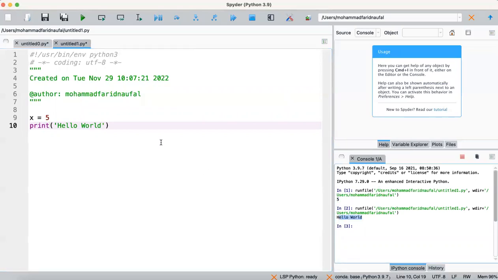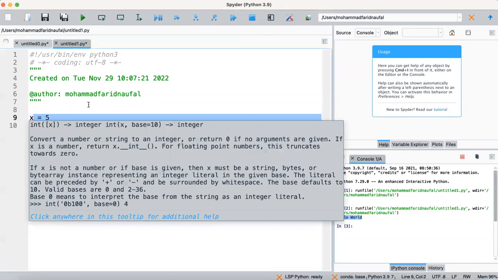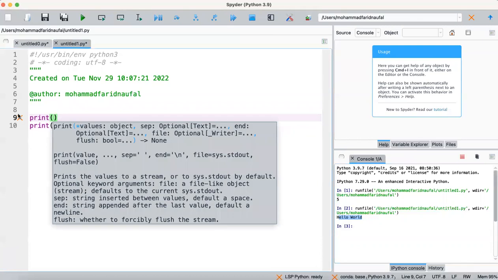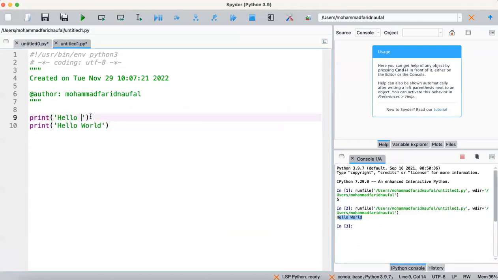So we have not created a GUI application here. We just tried how to use the Spyder IDE. It's not line by line, so we can run all of the lines in this Python file. But if we have two lines here, hello world and hello class and hello world,